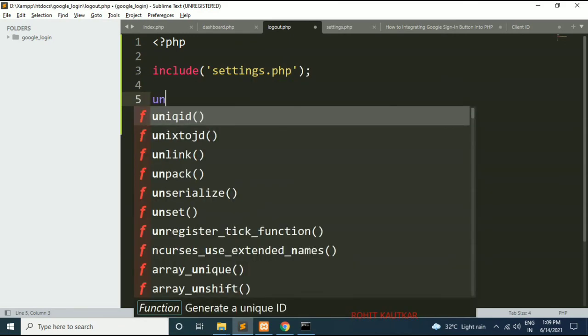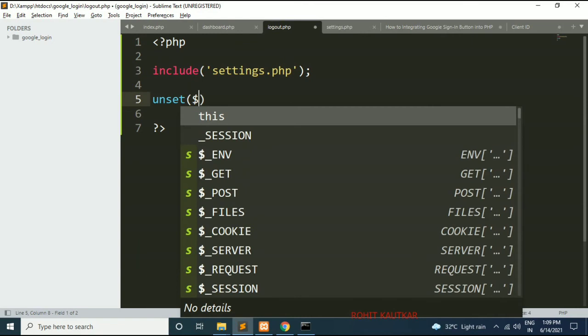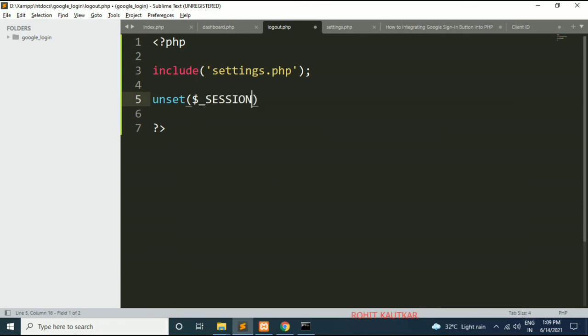And we will unset the session variable called access token. So I will write here $_SESSION and access token.